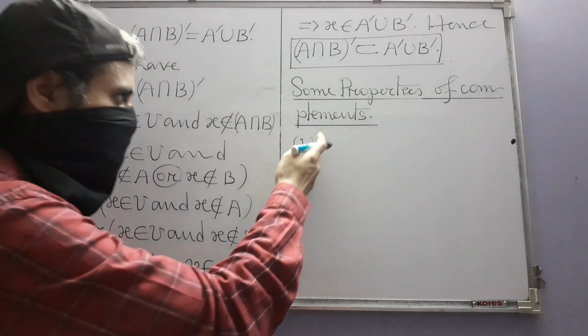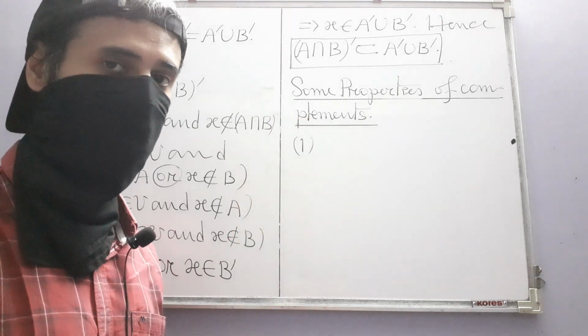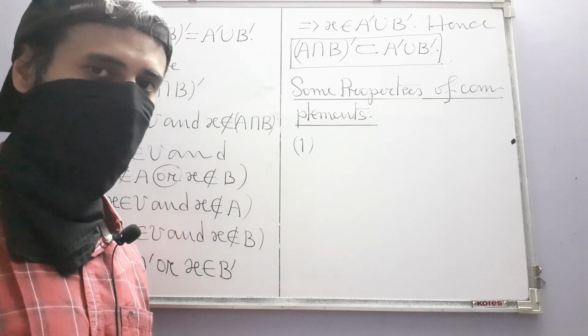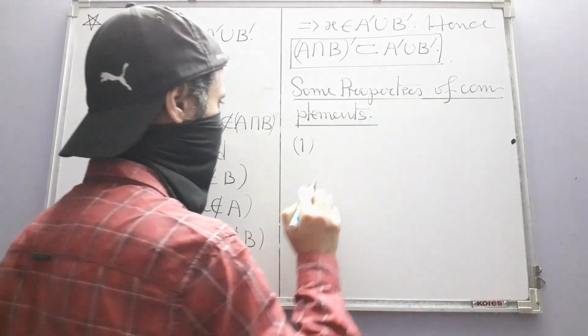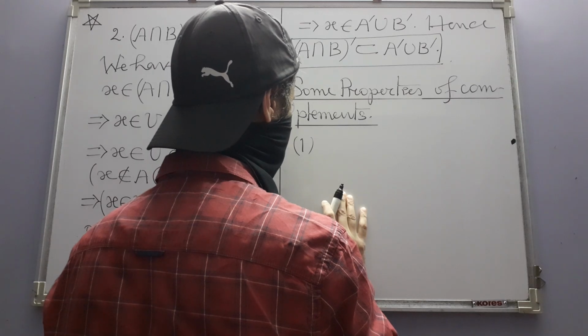You can in fact start by writing just like how we started writing the De Morgan laws. Let U be a universal set having subsets A and B. I am not writing those things, okay. So the first property is